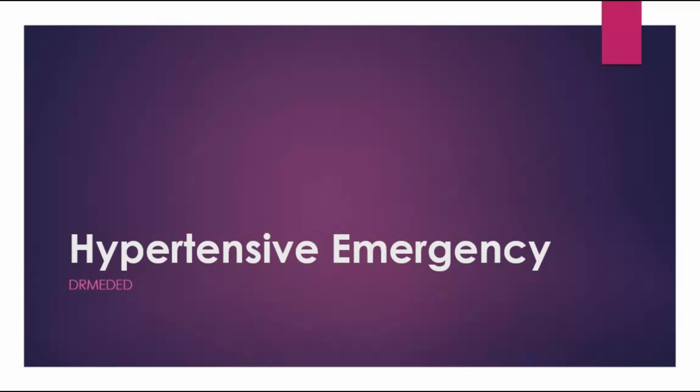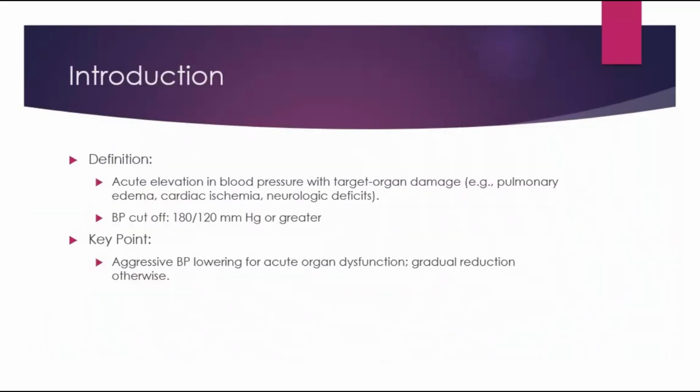Hypertensive emergency. Welcome to today's discussion on hypertensive emergency, a critical condition that demands swift and precise intervention. Let's dive in. Introduction. Hypertensive emergency is defined as an acute and severe elevation in blood pressure, commonly above 180